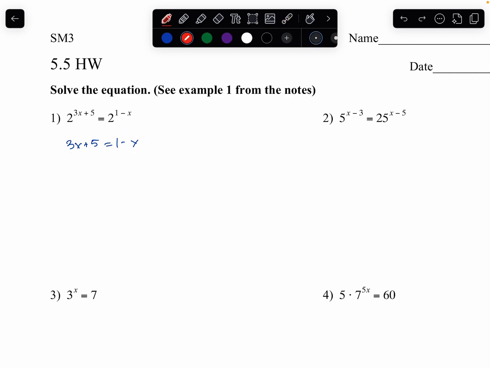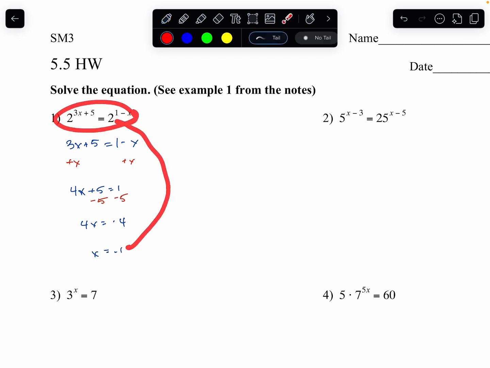And so let's add x, just so this is now just a linear equation. So add x, and I get 4x plus 5 equal to 1. I'll subtract 5, so subtract 5. I get 4x is equal to negative 4. Divide by 4, and I get x is equal to negative 1. And you can always plug that in to see if